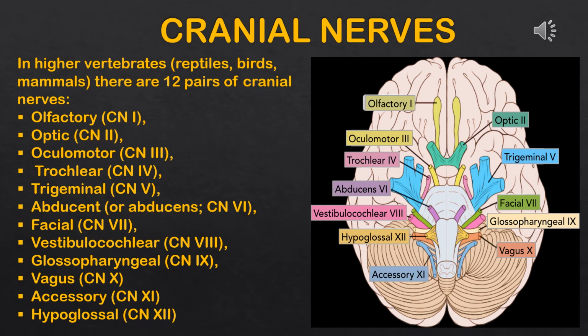One thing I want to tell you, no need to draw this diagram as such, but if the question comes like this, name the 12 pairs of cranial nerves, and maybe the marks will be 2 or 3, then if you give the diagrammatic structure at least along with the names, your marks will be increased. That's why please try to draw this diagram, obviously a labelled diagram, with a proper caption.